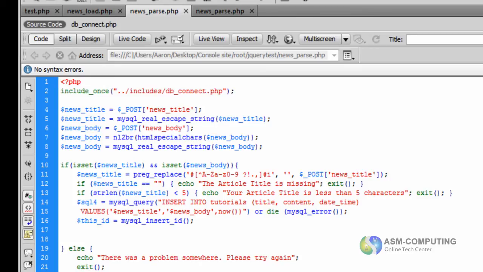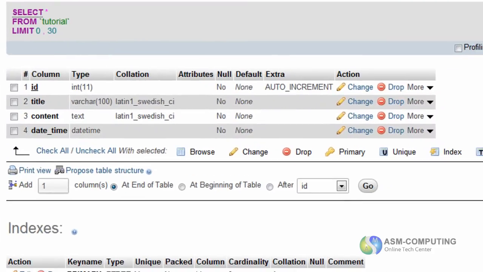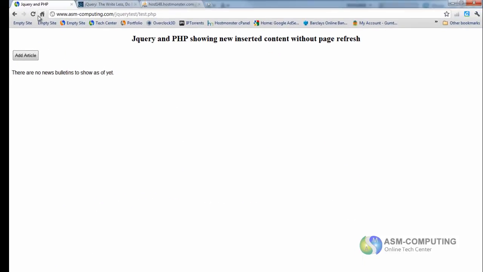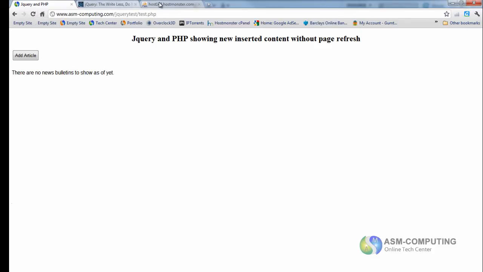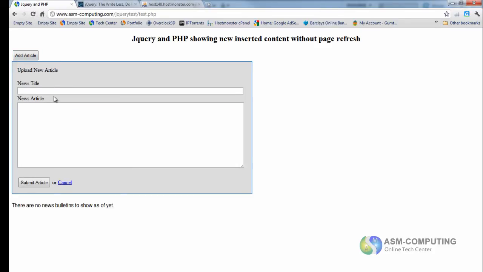So I'm going to come back to our form and I'm going to refresh, and as you can see, even double clicking you can't get back up whatever was input last, so it clears out the form.